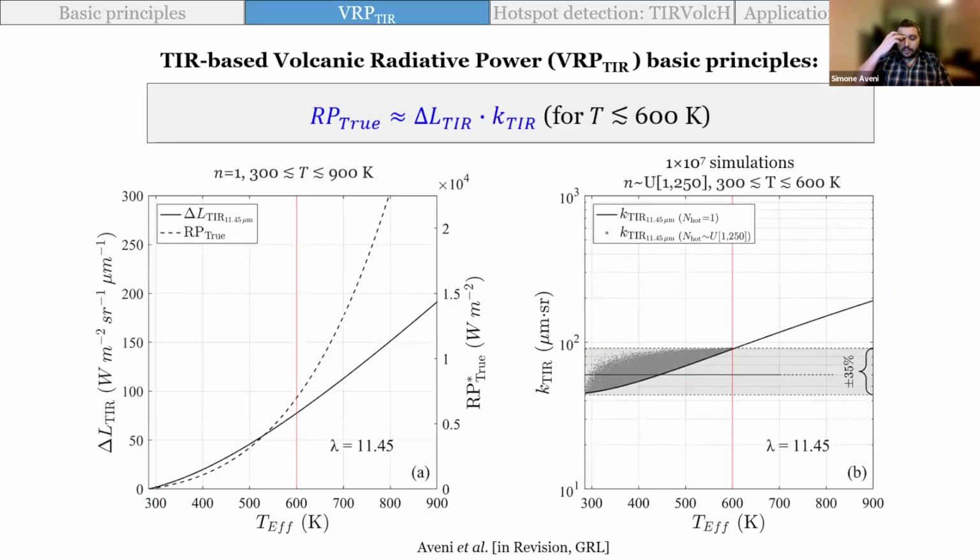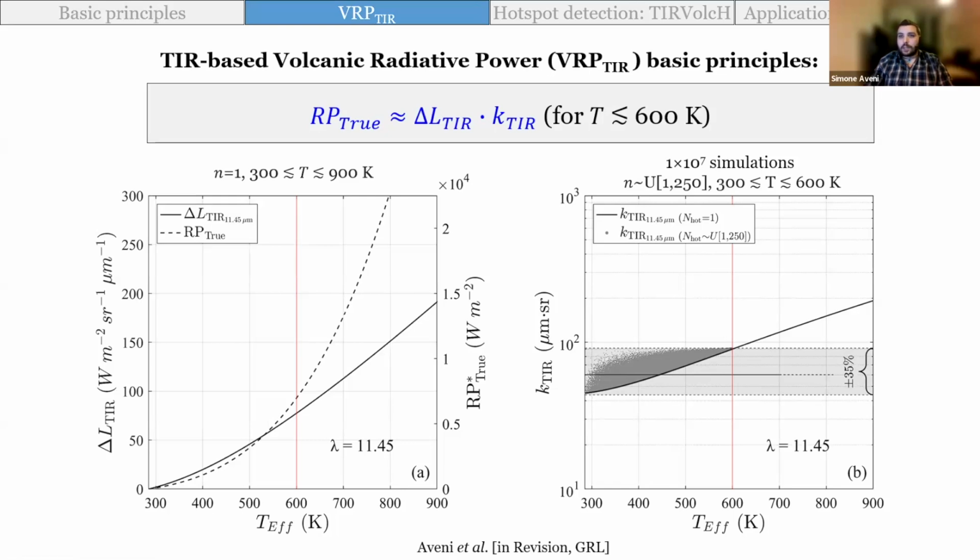So if we take and revise the Huster approach and we take the excess of spectral radiance, but in the thermal infrared rather than the mid-infrared, and we plot the curves of the true radiative power emitted per unit surface area, we see that beyond the 600 Kelvin threshold, the two curves sharply diverge. But if we're staying below that 600 Kelvin threshold, we can see that the two curves closely match. So if we compute the ratio between these two curves, which is the thick line in the right side subplot, we can see the ratio lies within an interval of plus minus 35%.